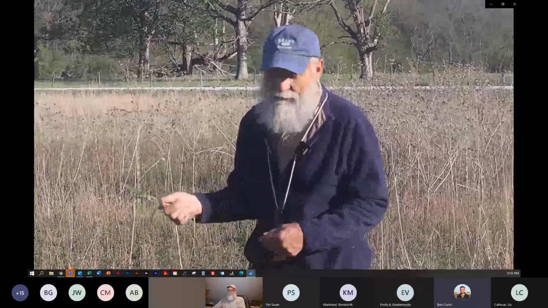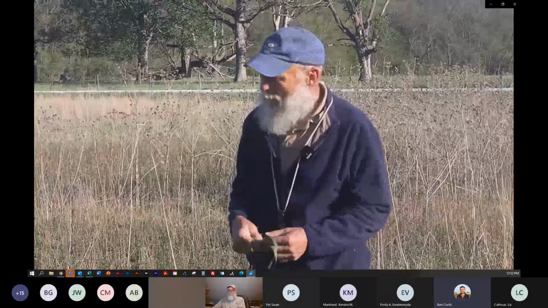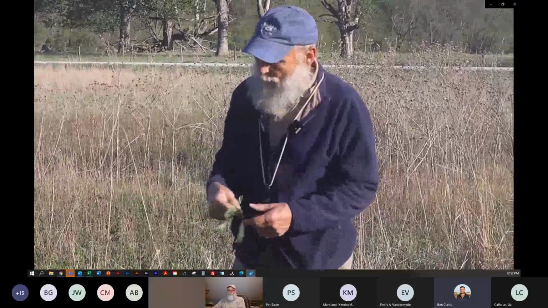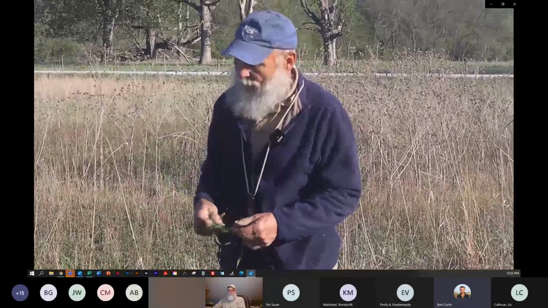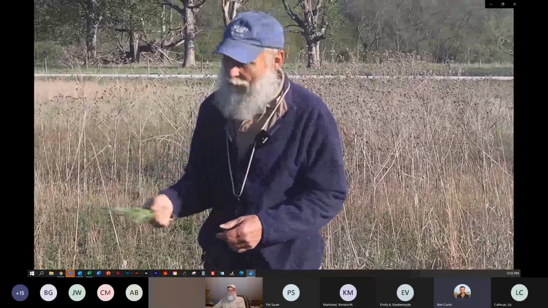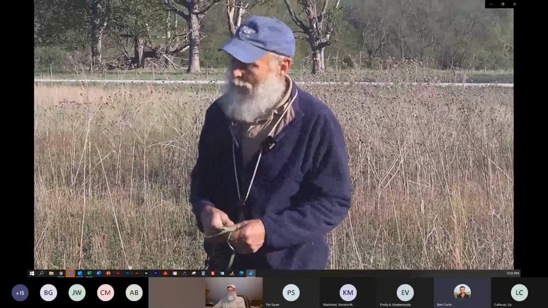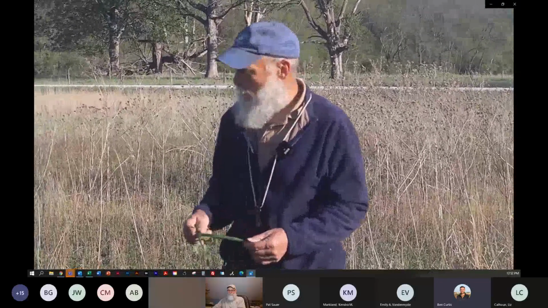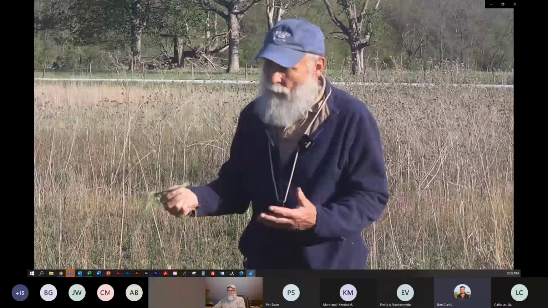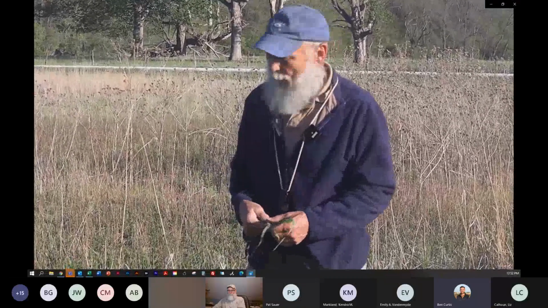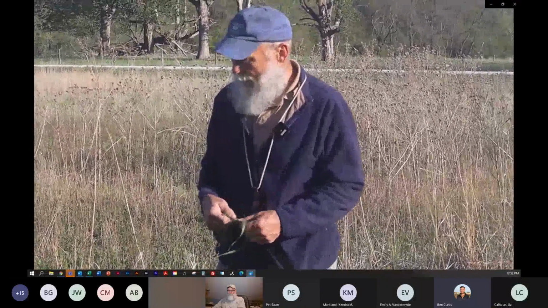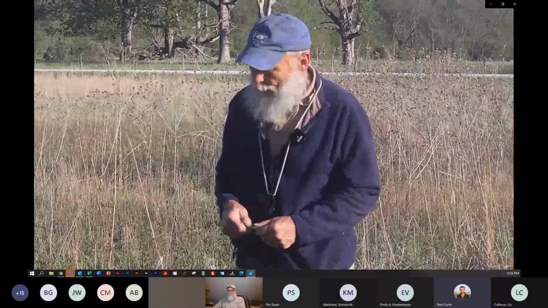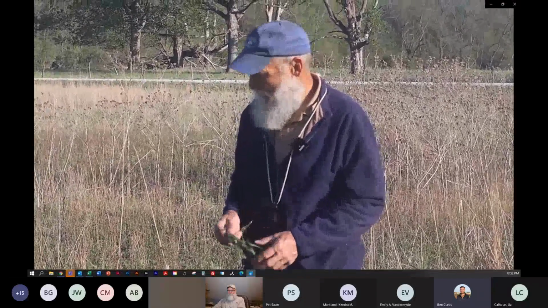I'm using a combination of mowing it at the right time with brush cutters, using fire, and then also using herbicide late in the growing season, usually right in September or so, as multiple ways of stressing it, and that's what it's going to take to knock it back. So again, we can talk more about this during the webinar.